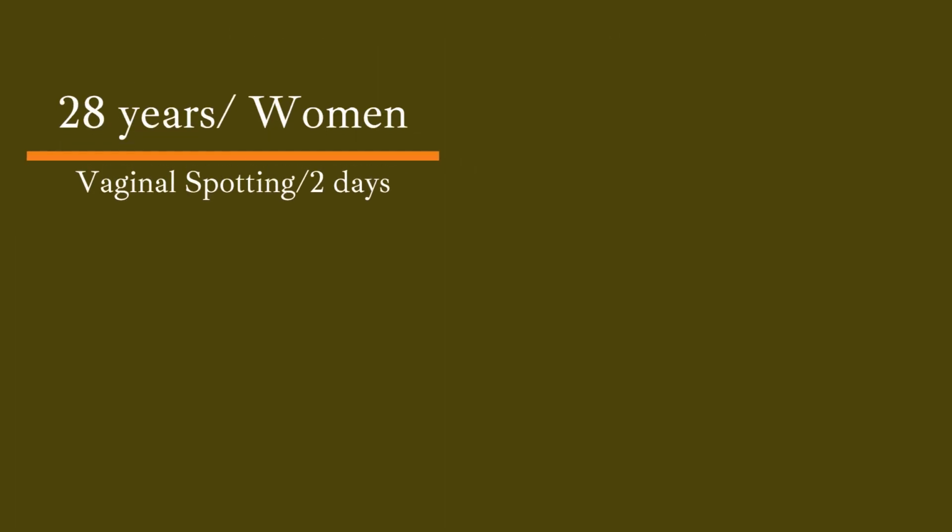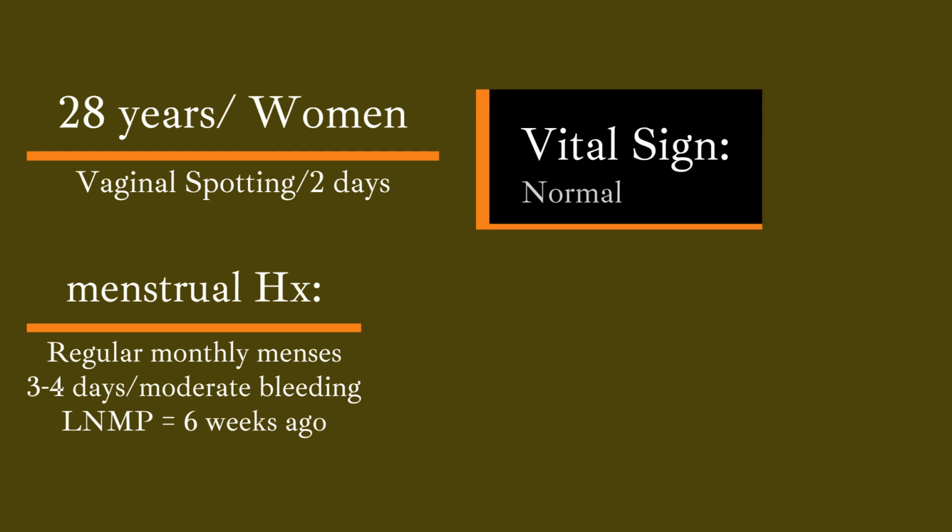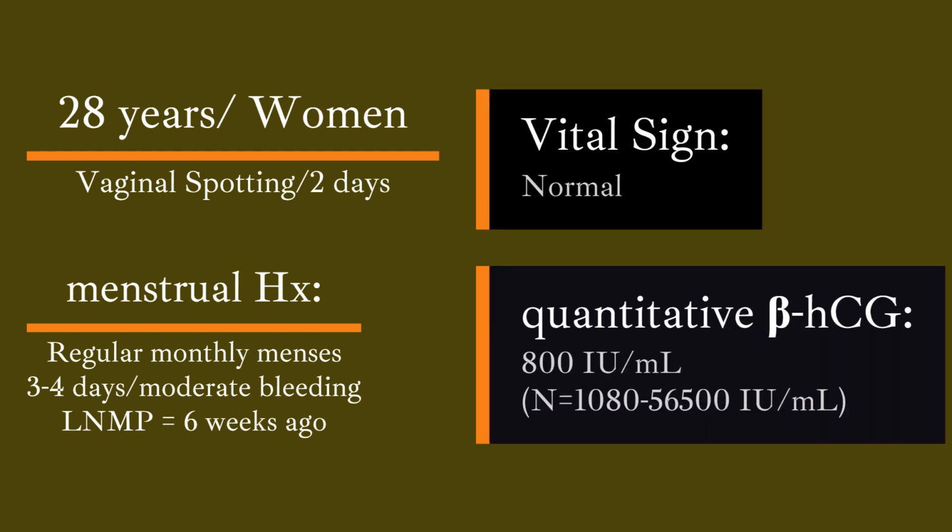The case scenario is: a 28-year-old woman comes to the office due to vaginal spotting. The patient normally has regular monthly menses with 3 to 4 days of moderate bleeding. However, she has had spotting for the past 2 days, and her last menstrual period was 6 weeks ago. Vital signs are normal. Serum quantitative β-hCG level is 800 international unit per milliliter, with normal value at 6 weeks